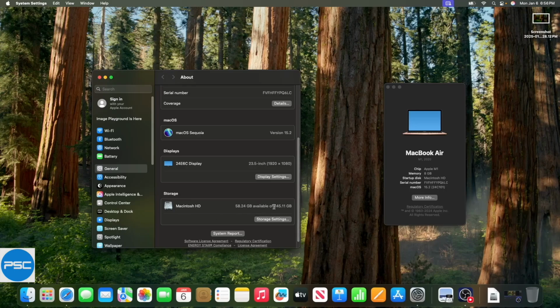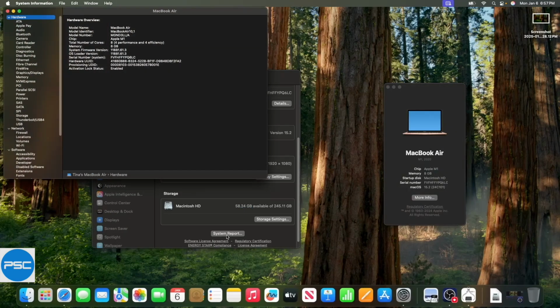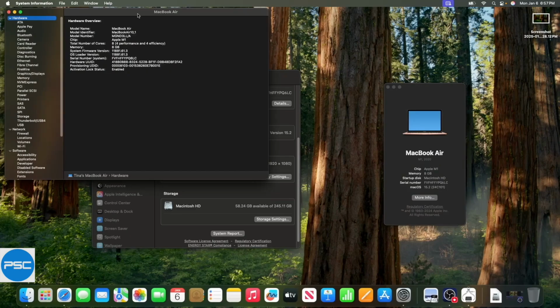So as you can see, this Mac has a total of 245.11 gigabytes, and I only have about 58 gigabytes left. Of course, you could go to storage settings and see where all your storage is being used. Then you have a button here that says System Report. Now if you click here,